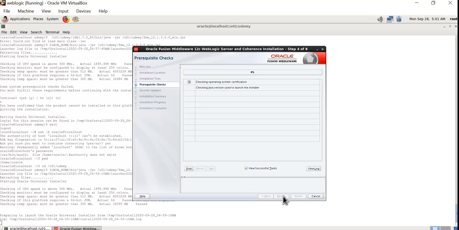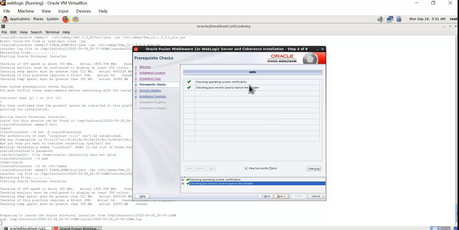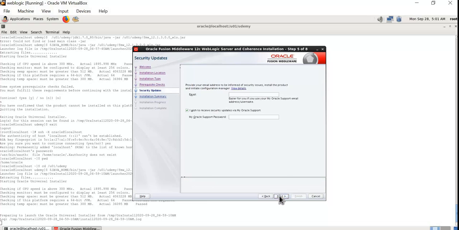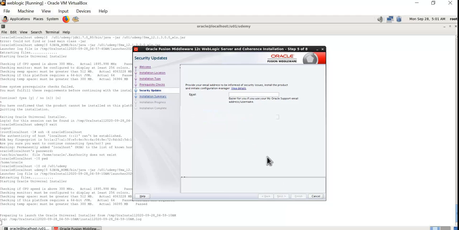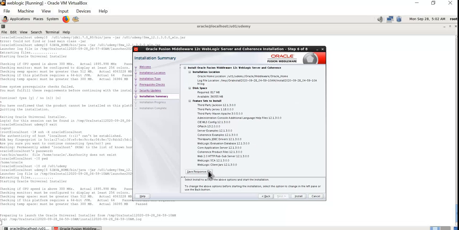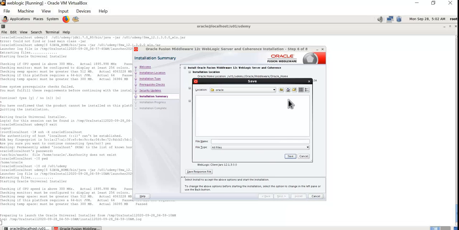Click the next button. So it's doing some checks. So all the checks are successful. Then click next. No need to receive security updates. Click on yes. Now here we have to save the response file. We save the response file in